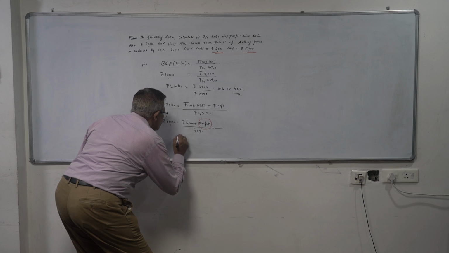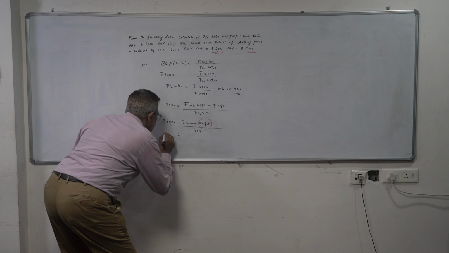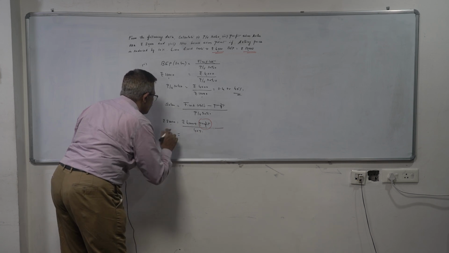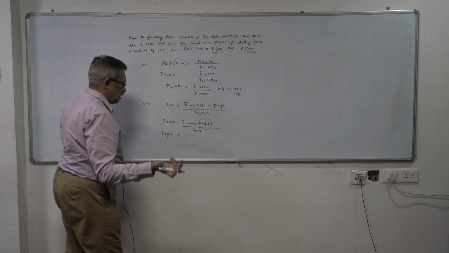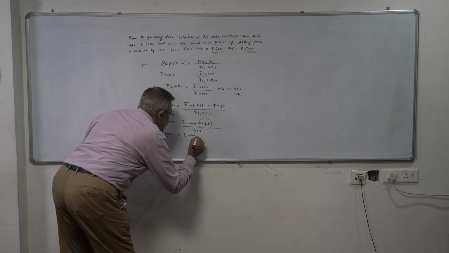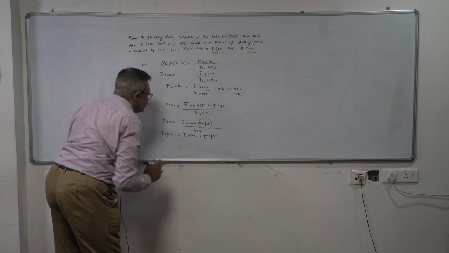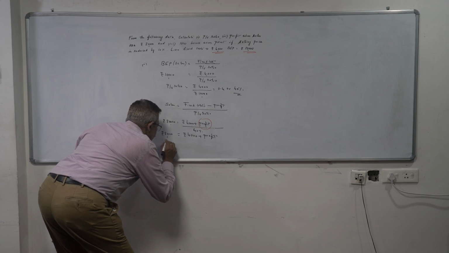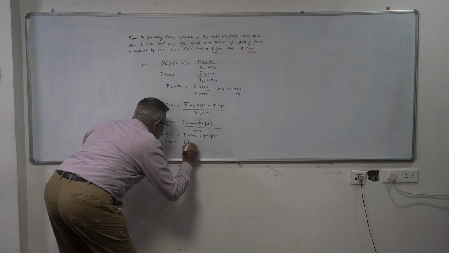So this 40% of 20,000 is nothing but rupees 8,000. By cross multiplication, I am getting 8,000 rupees. 20,000 into 40% is equal to 8,000, which is equivalent to rupees 4,000 plus profit. So if you are going to send this particular 4,000 to the other side, so the profit is going to become rupees 4,000.